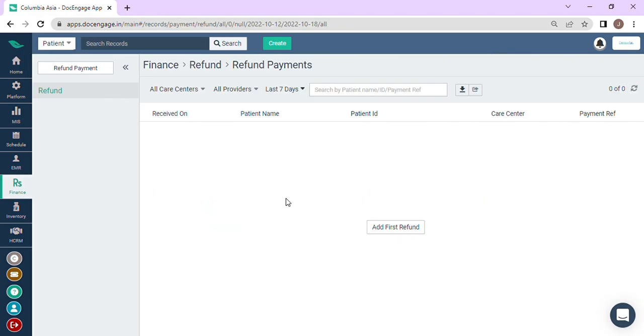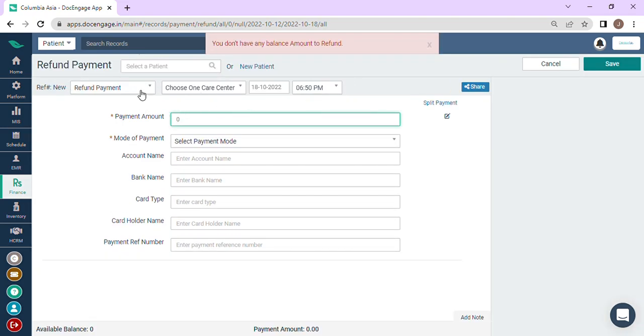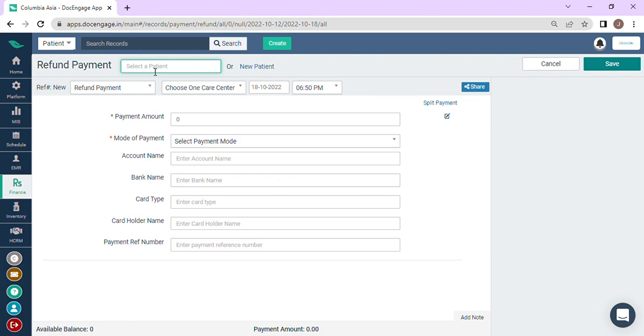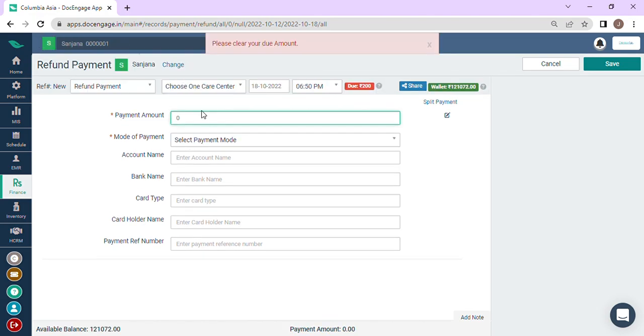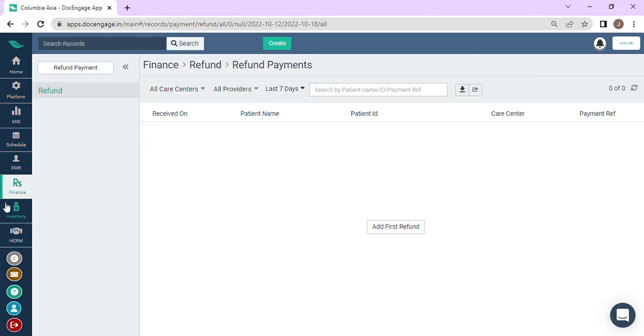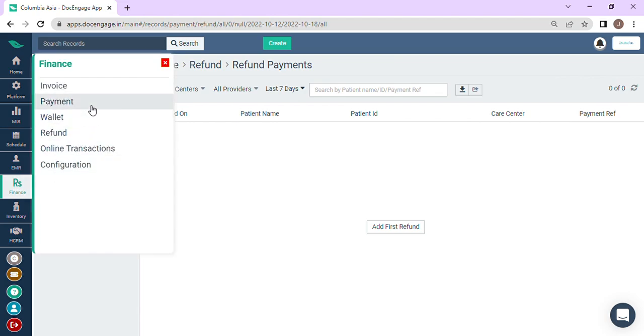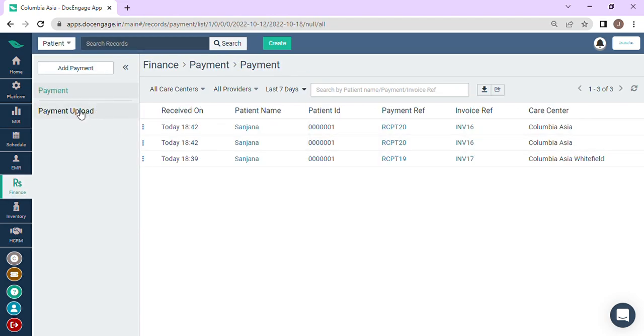If I go to refund, here as you can see, we have the refund payment button here. If I click on this and select the patient Sanjana. Okay, this patient has a due amount of 200 rupees. That due amount I'll clear and then refund the amount which is